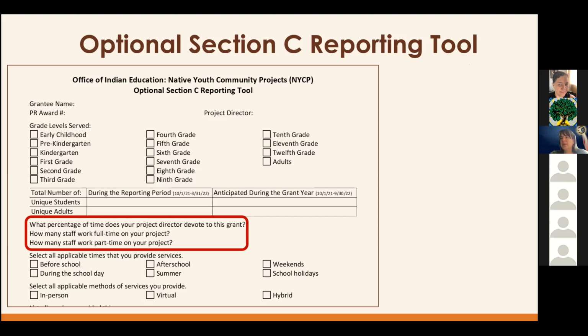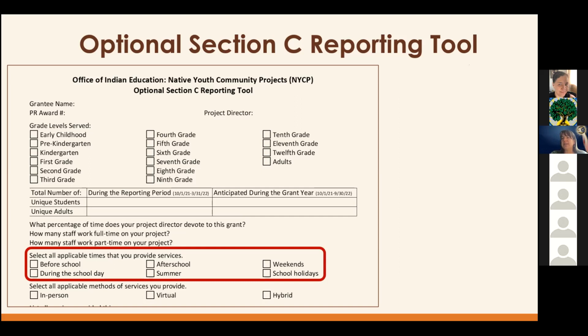So we want to know what that percentage is. And then we want to know how many staff work full-time on the project and how many staff work part-time. And that part-time staff could be similar. It might be that all of your staff are full-time, but they only spend maybe 50% of their time devoted to this particular grant project.